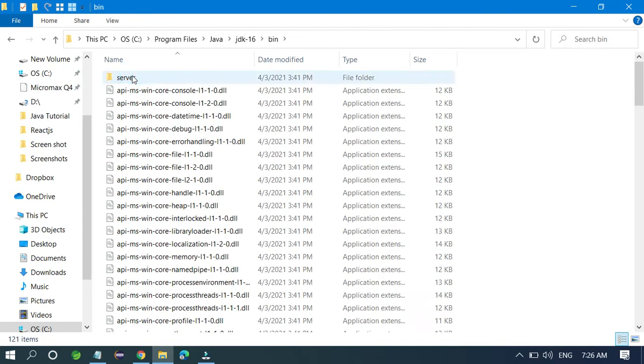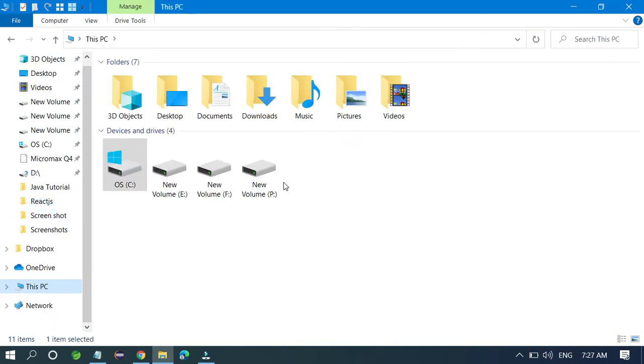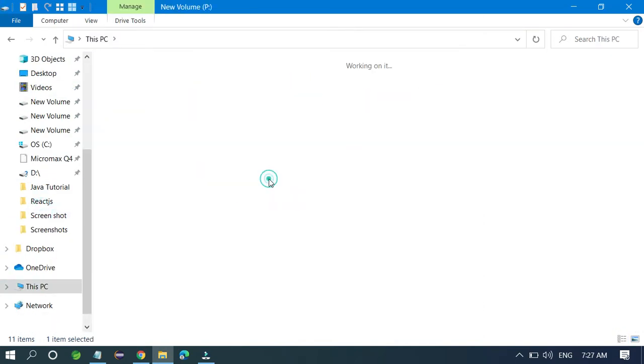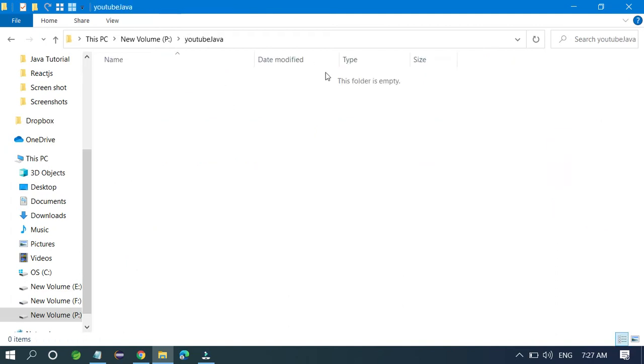Up to bin you have to copy this path only. Just copy this one path, and you have to know where you want to run your program. For example, if you want to run your programs in a drive, you go to that drive, which has a folder called YouTube Java.